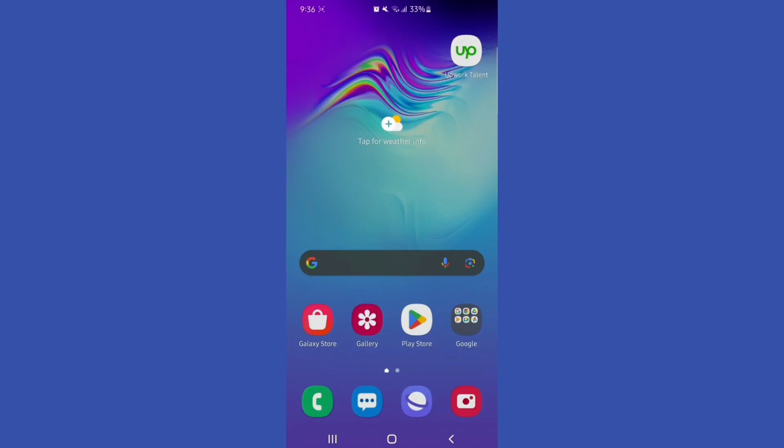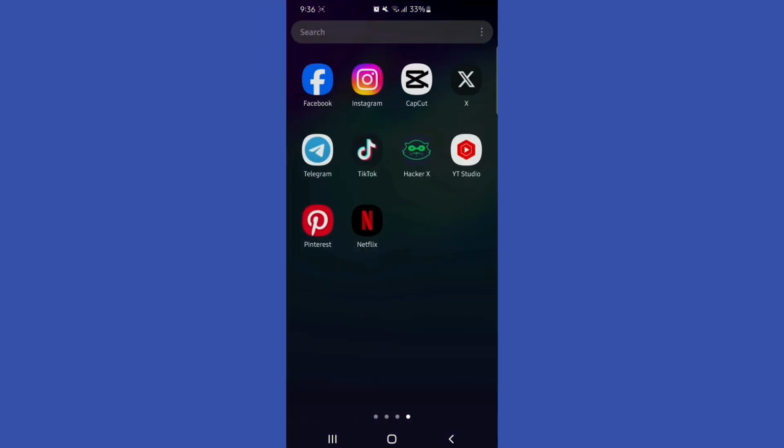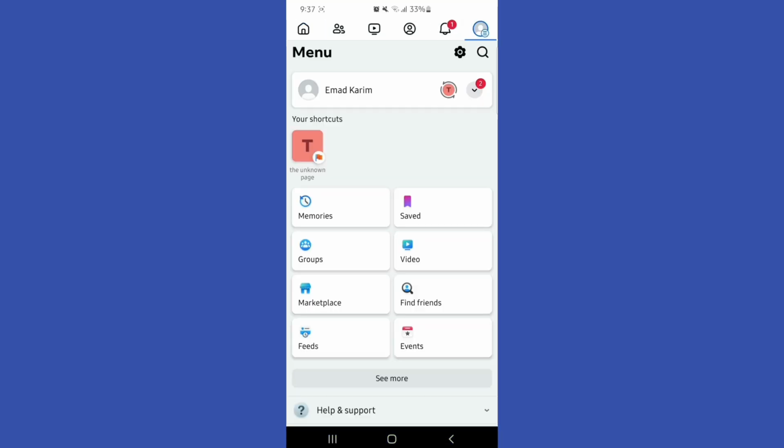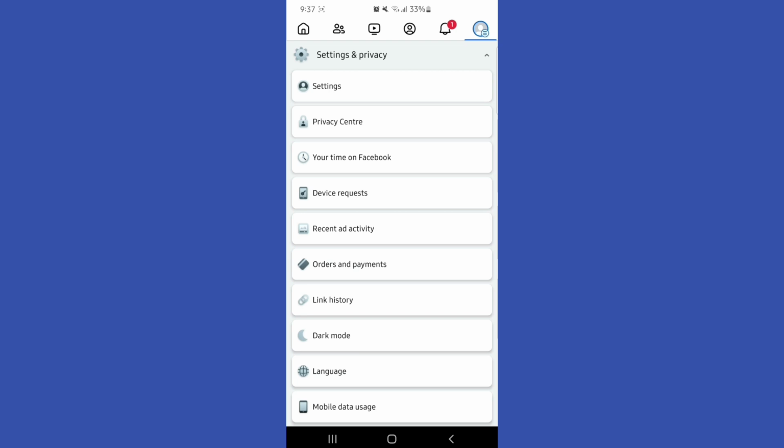Hello everyone, in this video I'm going to show you how to see your archive stories on Facebook. So first of all, open up Facebook. Now once you're in Facebook, come to your profile section by just clicking on this profile picture at the top right corner right here. Now once you're here, scroll down and click on settings and privacy, and in here click